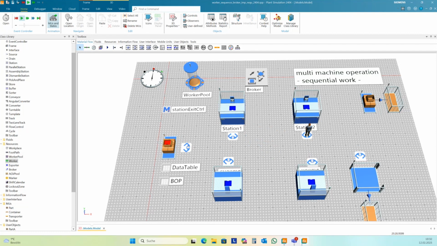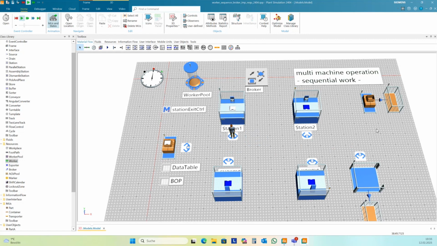And now our broker request control will control all the movements here. The first with a free successor will get the transport order. And if there is no successor free, then it just calls itself again and again.